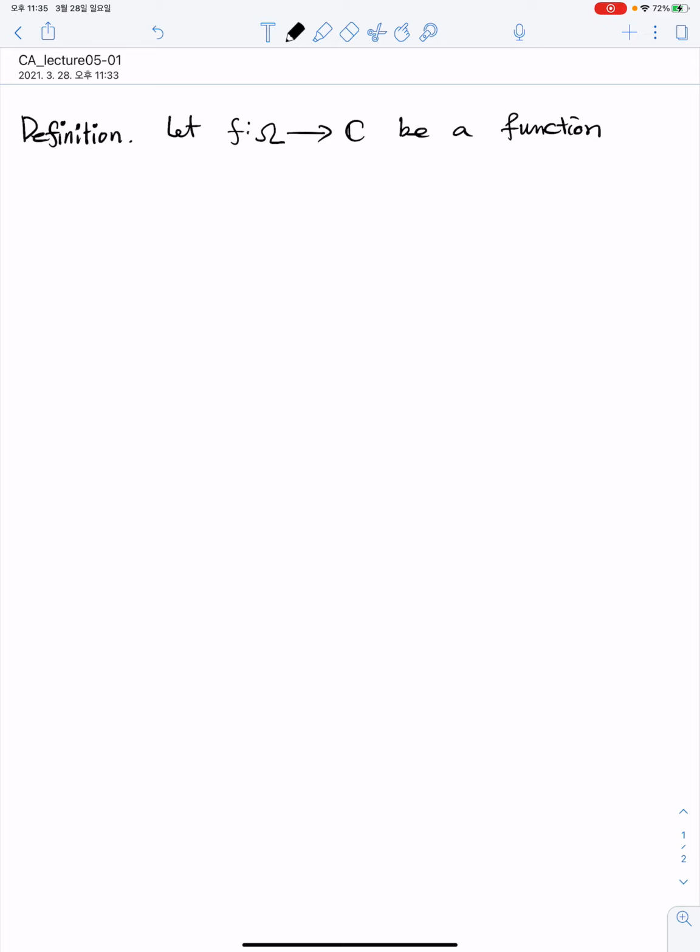자, function defined and z0 is in omega and suppose that. 영어 수업이라서 오늘은 내가 천천히 쓰면서 영어로 강의를 하겠습니다. 지난 시간에는 영어 수업이 늦어버려서 안 했는데, suppose that there exists